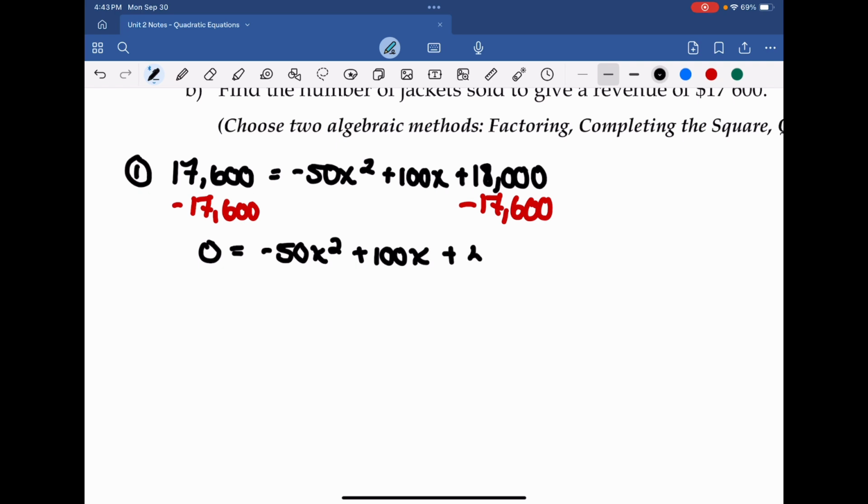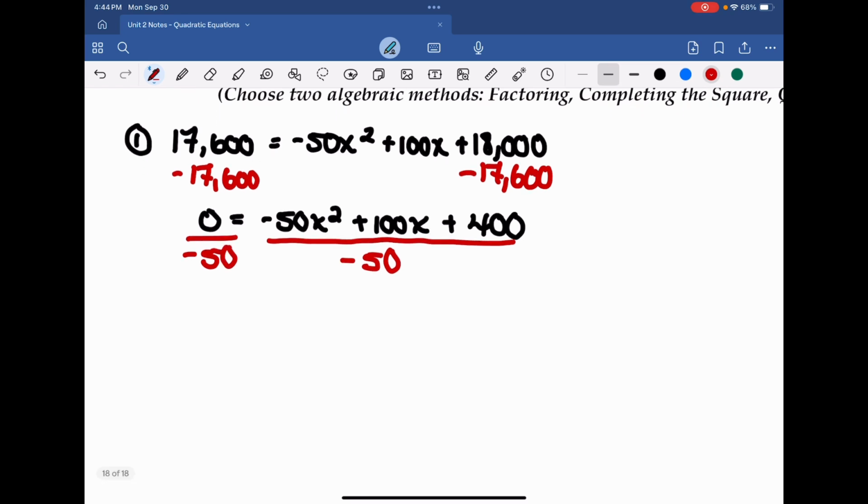And then this is going to be plus 400. There we go. Now, what we can do is something interesting. In the functions unit, because one side was equal to 0, let's divide them all by a common term if possible. I'm going to divide these all by negative 50. When I divide these all by negative 50, what's going to happen is that not only are the signs going